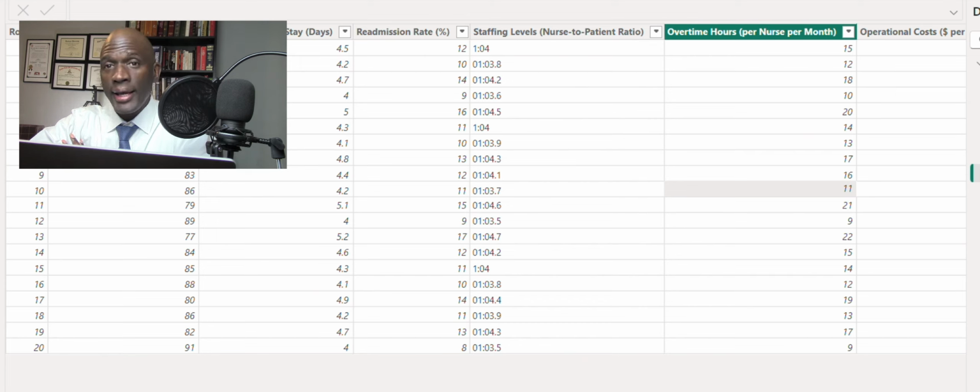But at the end of the day, what we did as hospital professionals or hospital administrators is we ran a survey. We had the patient fill out a survey form, preferably a digital survey these days, so that it won't be so hard to bring that data into Power BI or to keep track of that data. But if it's on paper, we can work with that. But here we're looking at